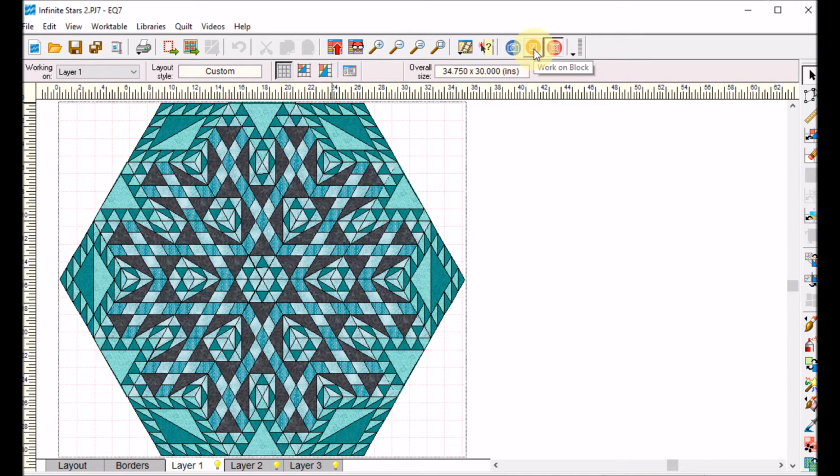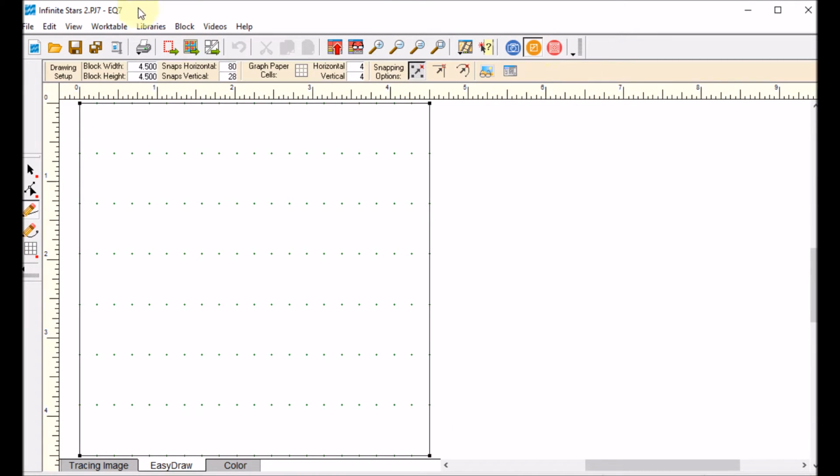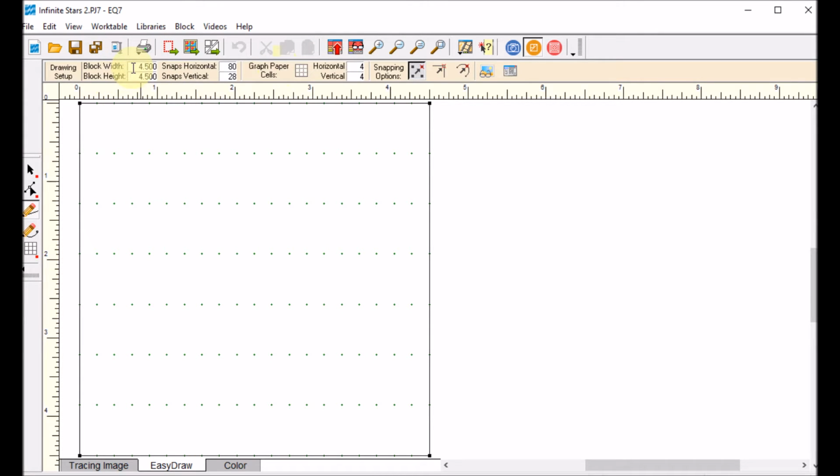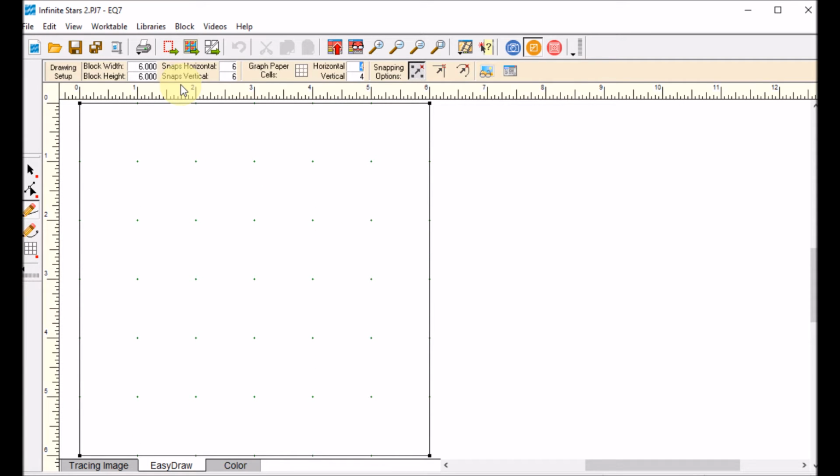So to do that, I'm going to select Work on Block. And the first one is basically a very simple log cabin block. And so I'm going to do a block, new block, easy draw. And I'm going to make the block 6 by 6, the snaps 6 by 6. And for the graph paper, I'm going to do 3 by 3 because what I want to do for the